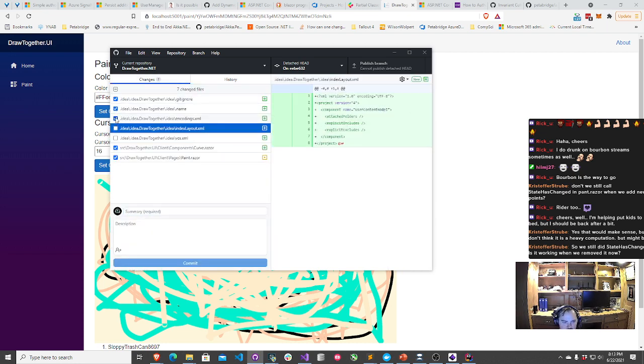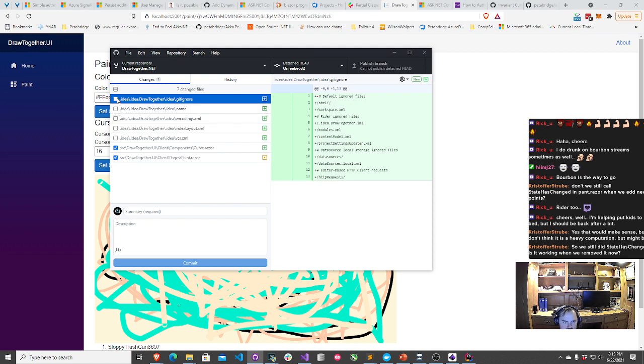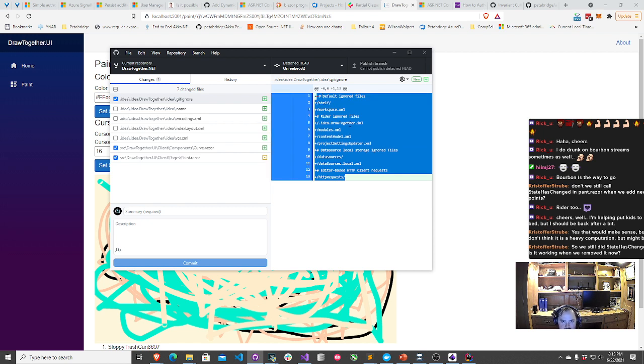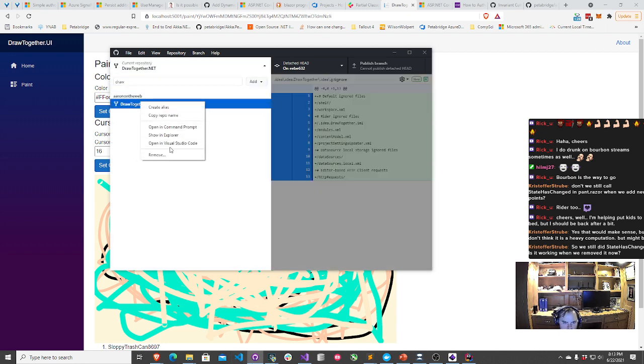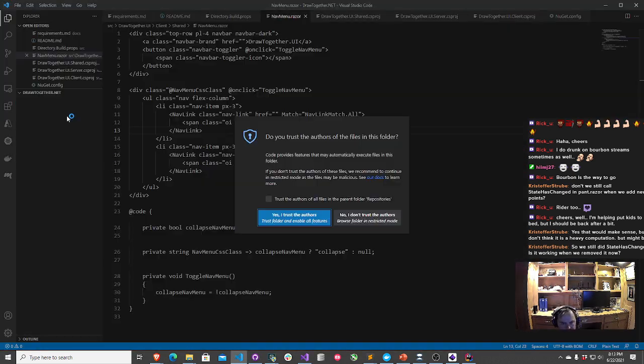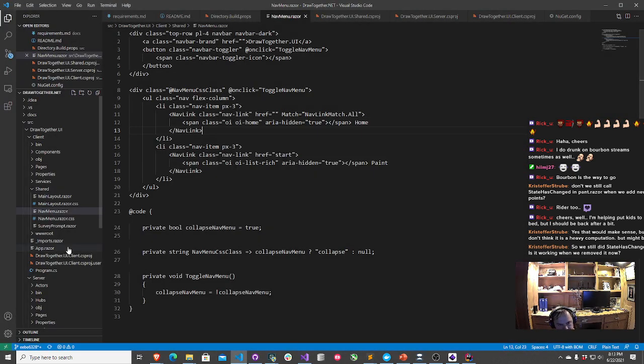So let me go ahead and get rid of the Rider stuff here. Well, let's see. I guess I should probably go ahead and add this to my real gitignore. So let me go ahead and do that. Grab all that stuff. Go and try to get it.net. Open that in Code. Sure.